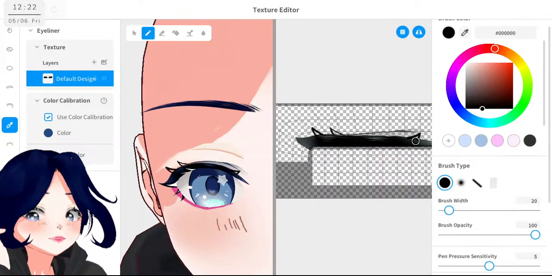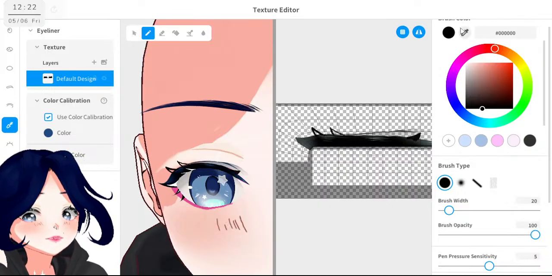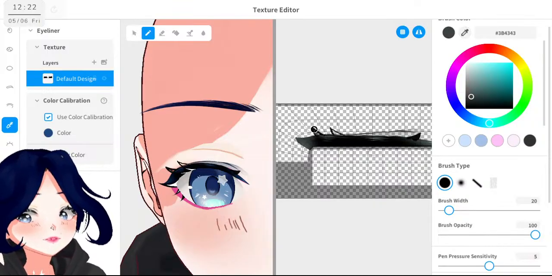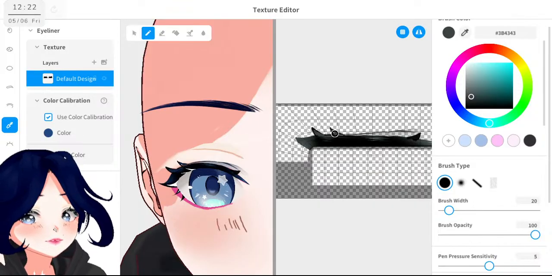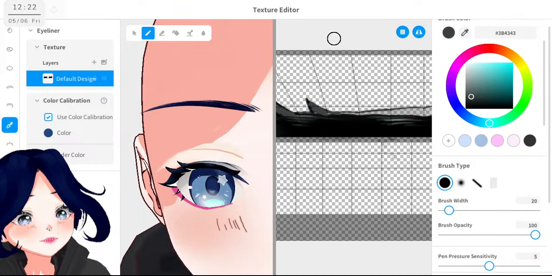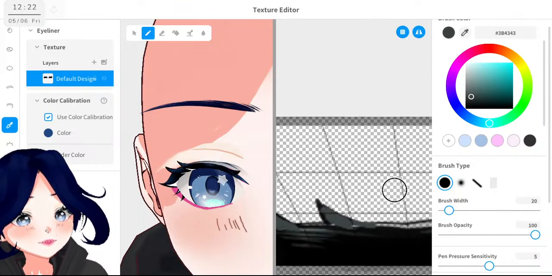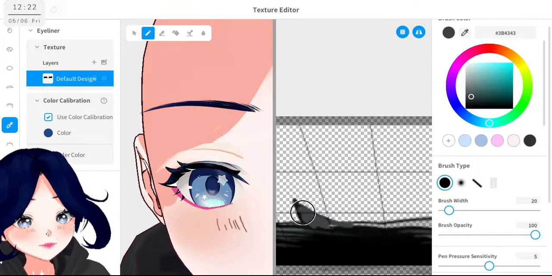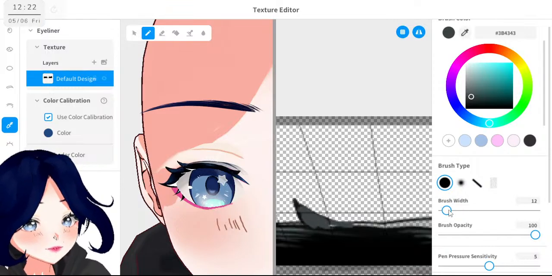Oh, that was a very good one. And here, let's color pick here, so we get the lighter shade of blue. Let me get a close up because I can't see anything. Okay, a little smaller.